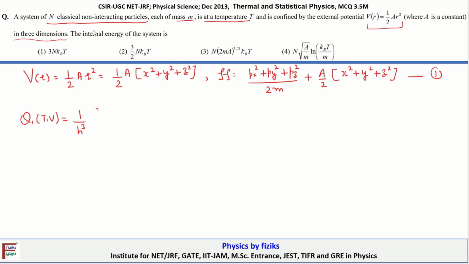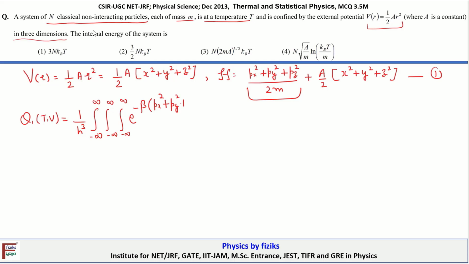Then integration from minus infinity to infinity for each variable, and then the exponential of minus beta H. First we will write the terms corresponding to the kinetic energy, the first 3 integrals: exponential minus beta px square